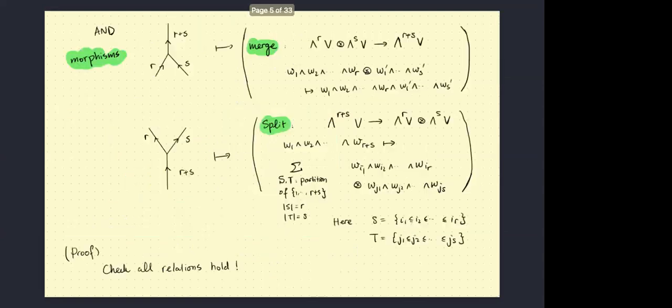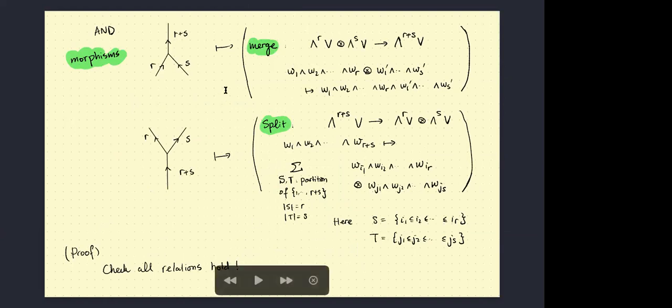Okay, so just to mention the morphisms a little bit, you don't really need to know this. For this map, which I call the merge, because you're merging two strands into a bigger one, you just take your two exterior products and then just put them side by side, and you can check it's well defined. And for the split map, you do the only thing you can do: you take an exterior product and you have way too many of them, so you knock out a certain number of them, so you have the correct number left, which you put into the first tensor factor,